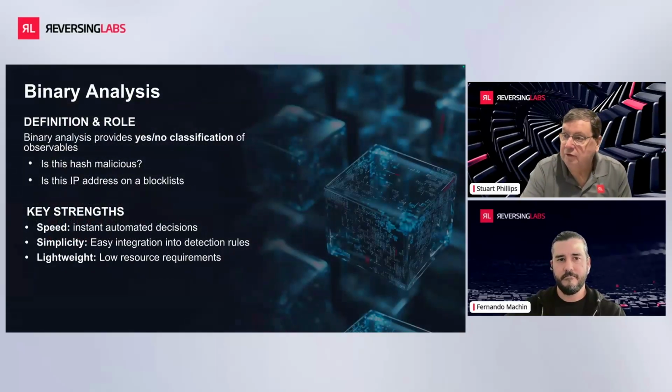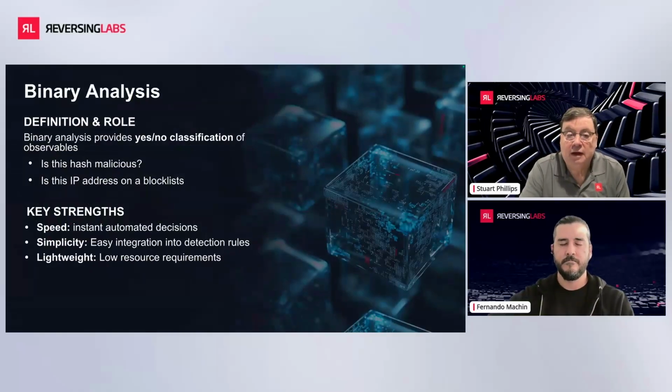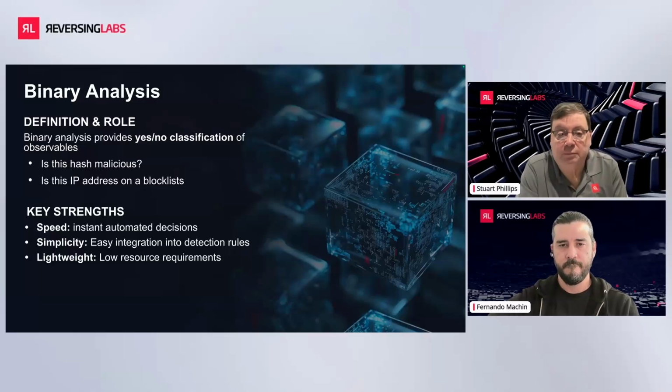So binary analysis, again, it's looking at a file and saying, I'm going to examine this file as it is, and I'm going to look at some basic things. So the easiest thing to do is to hash the file and compare it to a list and say, okay, I've seen this file before. It is malware. I'm going to block it. I can do that very, very quickly. Actually, that's one of our main things. We have a repository of over 440 billion files and objects. And what will happen is if a file comes in, if it's been seen before, we can compare that. And again, also looking at things like IP address and, is this on a block list?